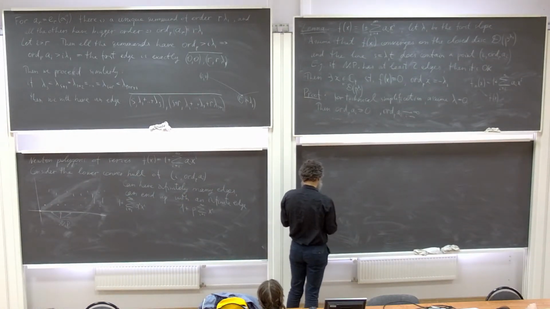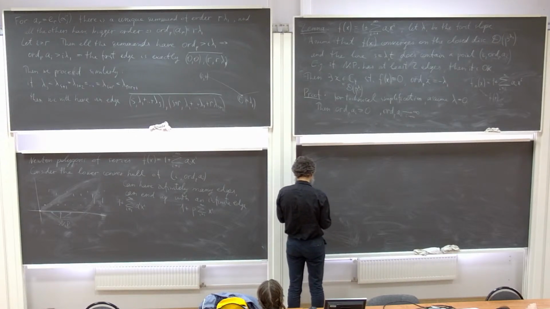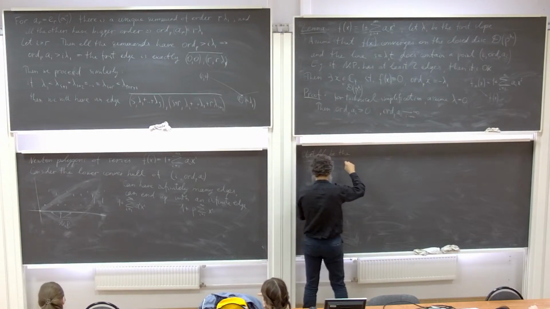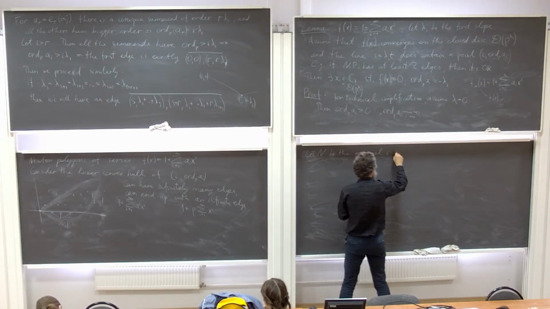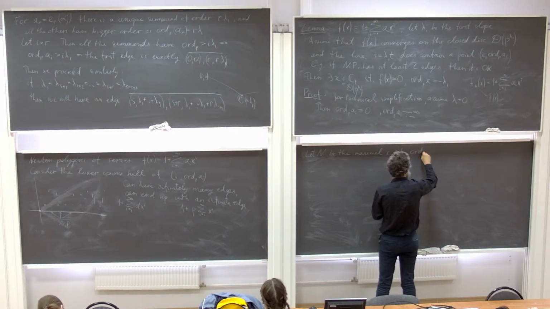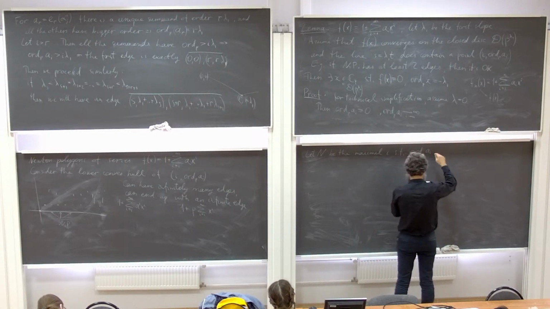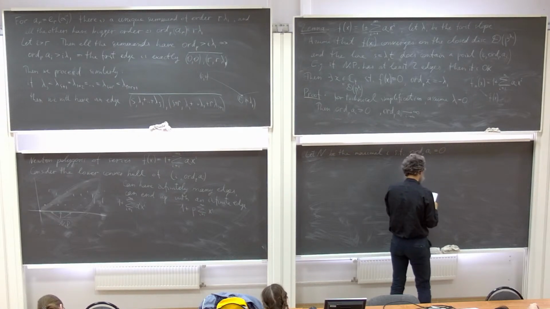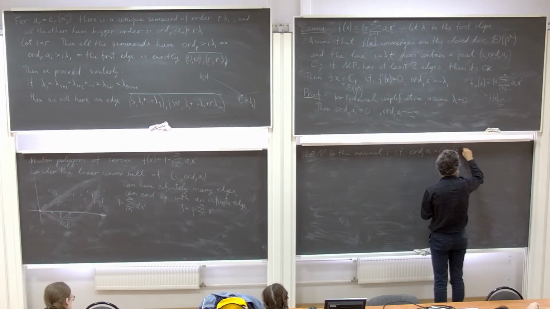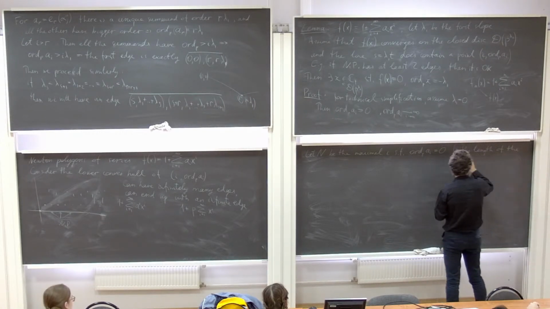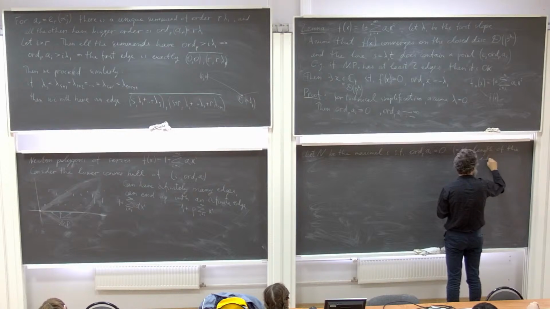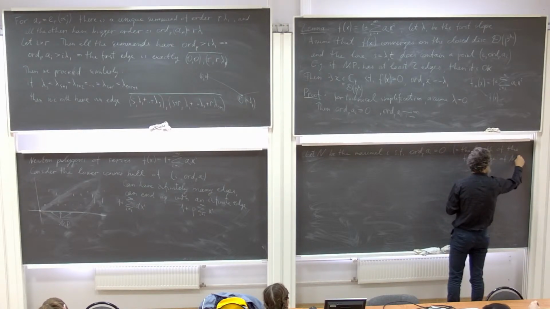Okay, so let capital N be the maximal i such that the p-order of a_i is 0. That is the length of the first edge of our Newton polygon,